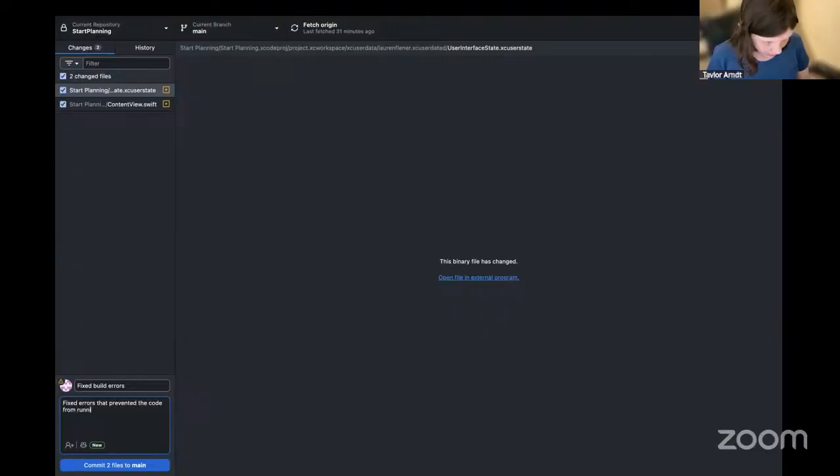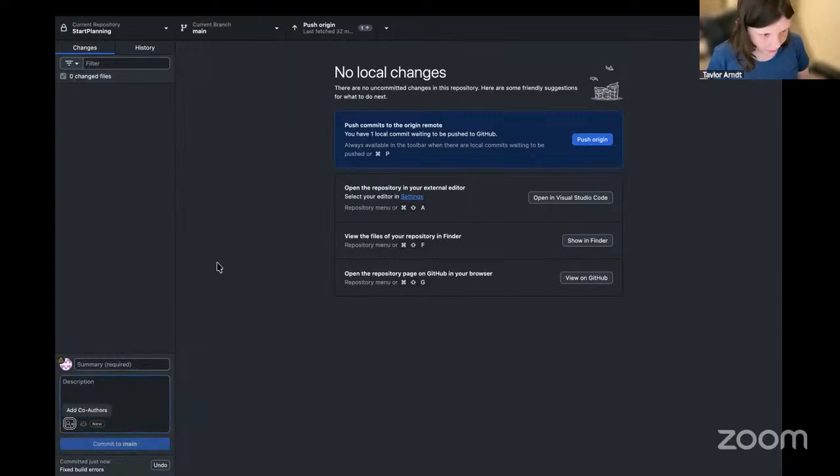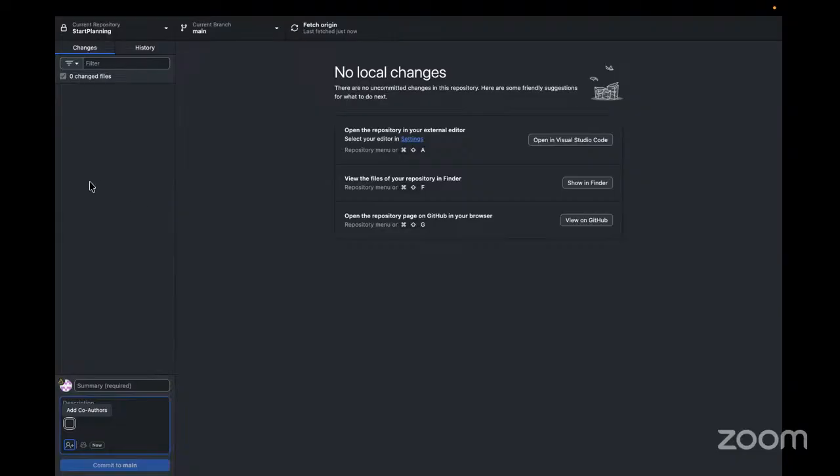Add co-authors. Generate. Committed just now. Create commit, two files. There you go. Commit: fix build error. Changes tab. Now do push, Command P. Pushing to origin. Hang on, fetching origin. Hang on, refreshing repository. Push complete. Oh, there you go. That is so simple. I love that. Yeah, so now,